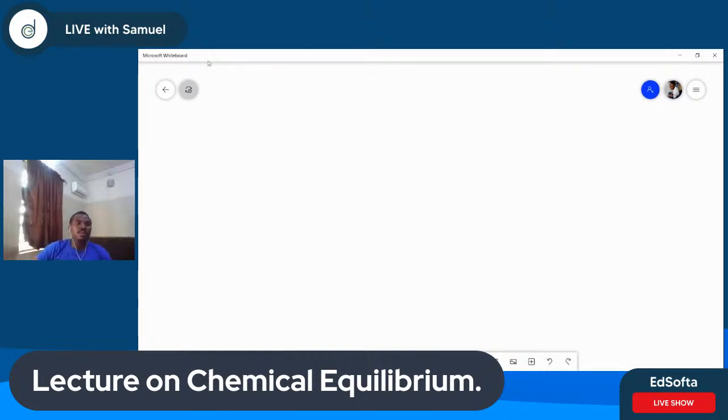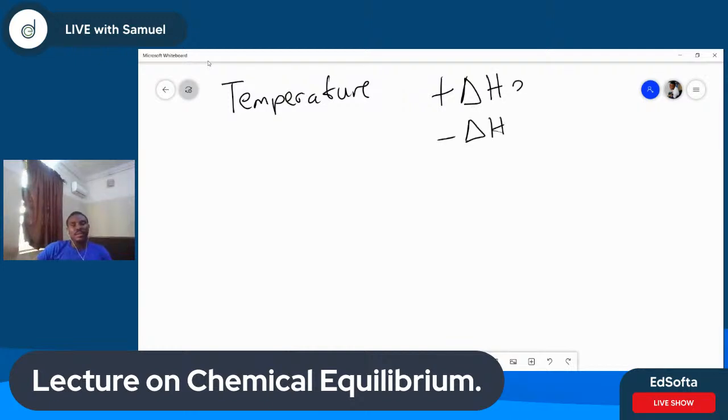Let's take the temperature first. Now, for temperature to affect the equilibrium position, the reaction either has to have a positive delta H or a negative delta H. That means it has to either be endothermic or exothermic. Now, for exothermic reactions, sorry, let me start with endothermic. For endothermic reactions,